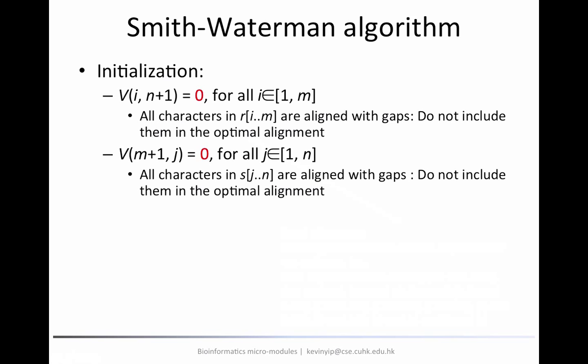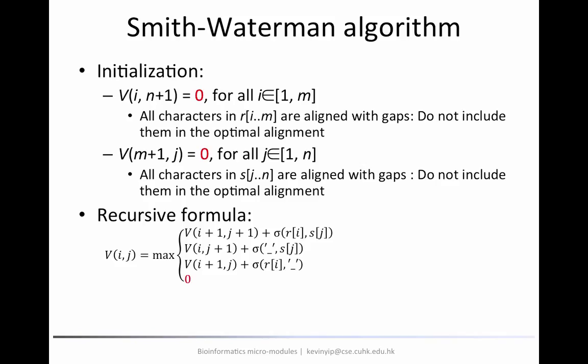In the initialization stage, on the last row and last column, instead of filling in 0 and then -1, -2, and so on, we only fill in 0. The reason is that if there's a negative alignment score, that part of the alignment is actually a burden to the overall alignment. Now we are allowed to cut out some of the characters at the end. Then why do we still need to keep those parts? We can simply say we cut out those parts, and correspondingly, we have a 0 for those parts.